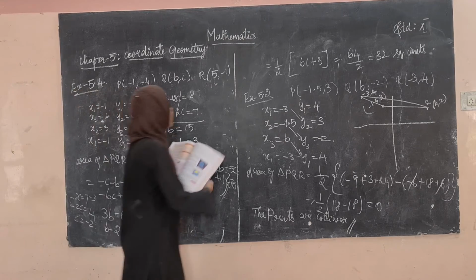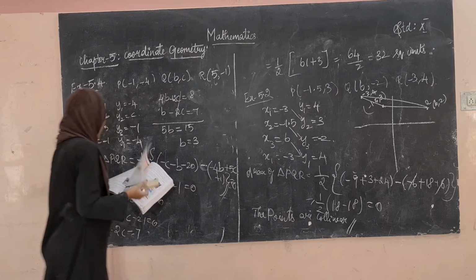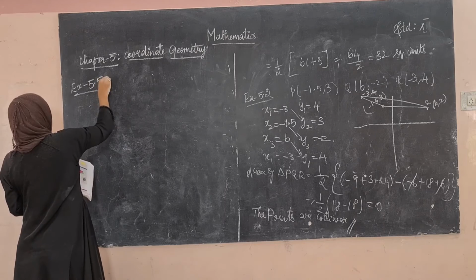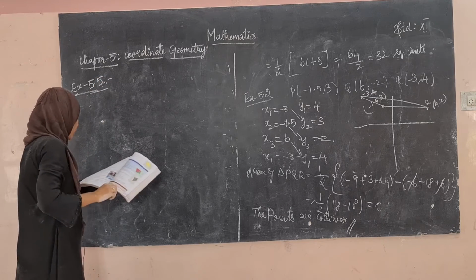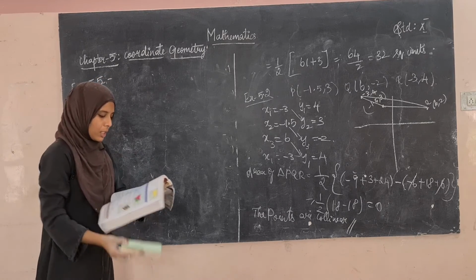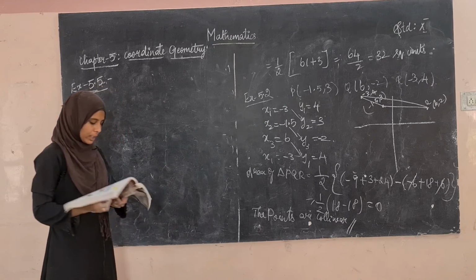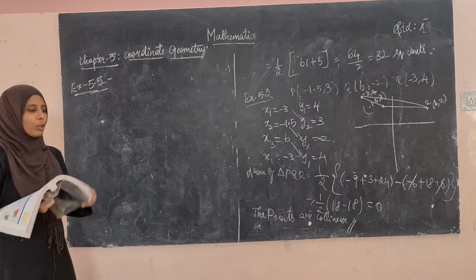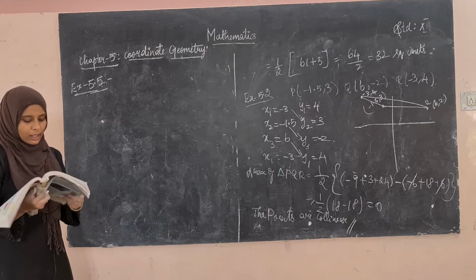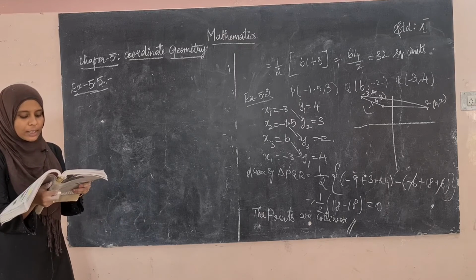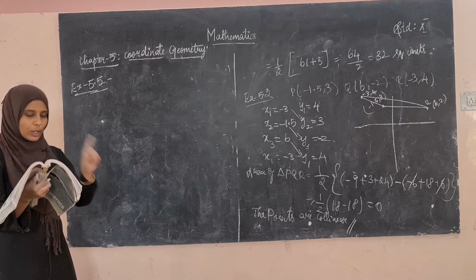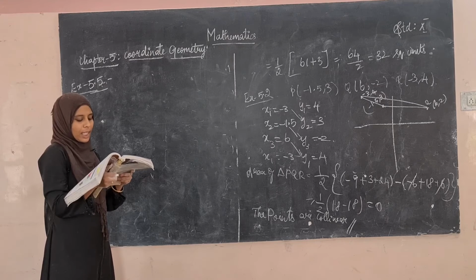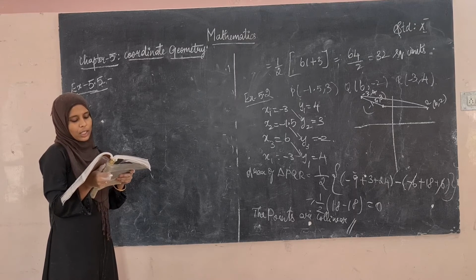Okay, so now let us see the next example. Example 5.5. So it is a word problem. See the question. The floor of a hall is covered with identical tiles which are in the shape of triangles. So the floor is filled with triangles. One such triangle has vertices given. If the floor of the hall is completely covered by 110 tiles, find the area of the floor.